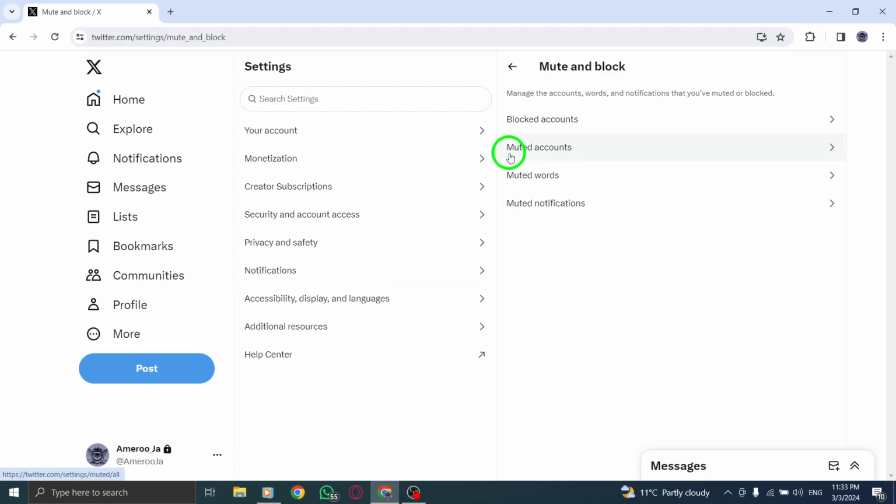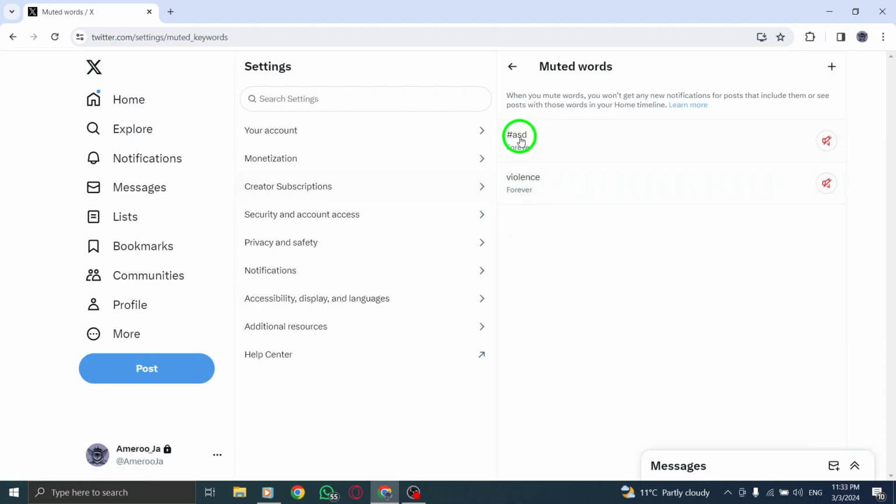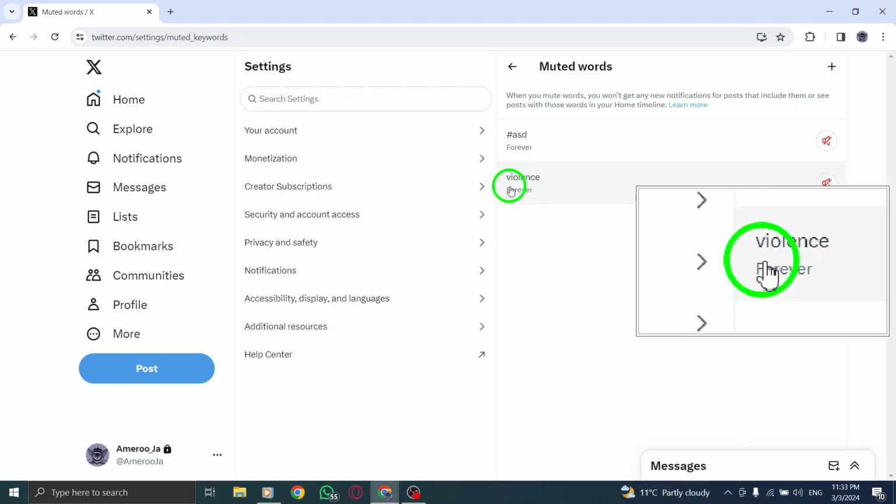Within the Mute and Block section, locate and click on Muted Words. This is where you can view and manage the words that you have previously muted on Twitter. Scroll through the list of muted words and click on the specific word that you'd like to unmute to select